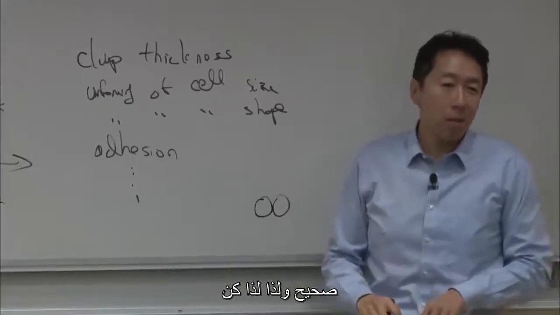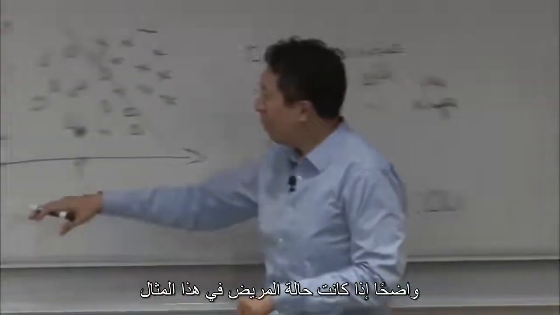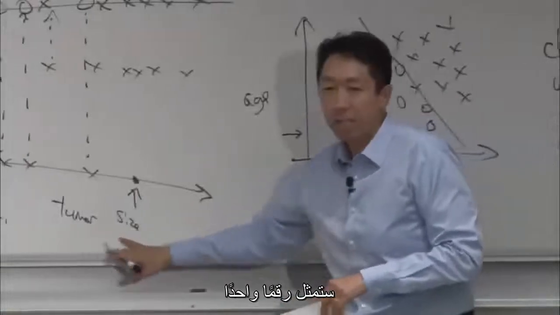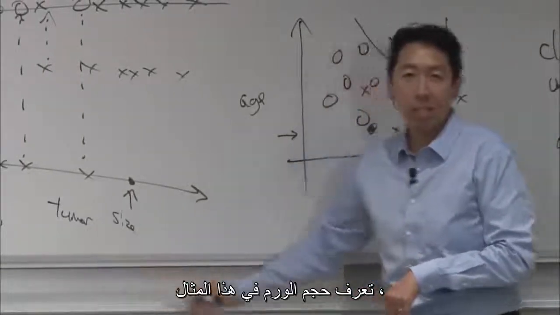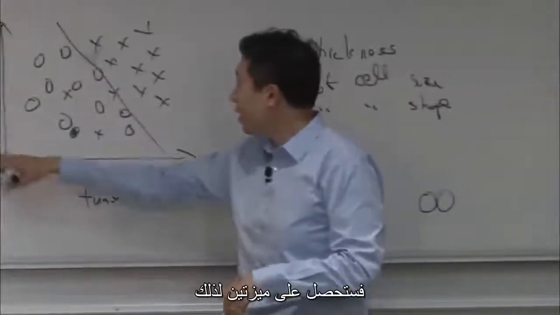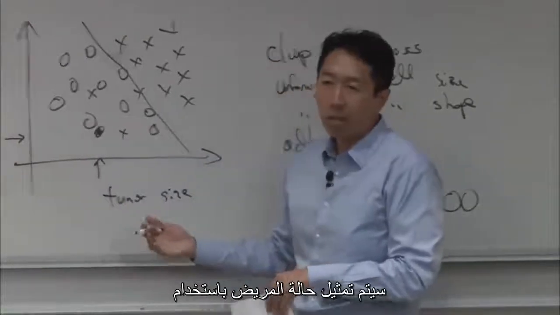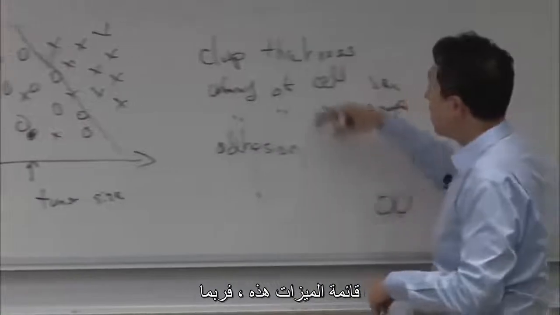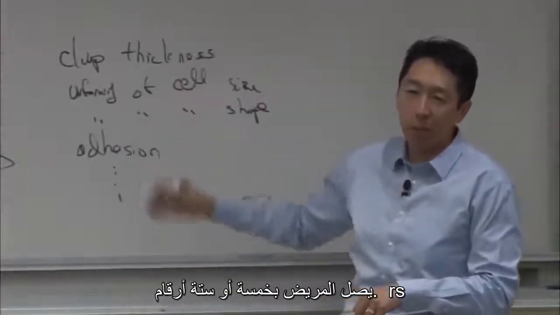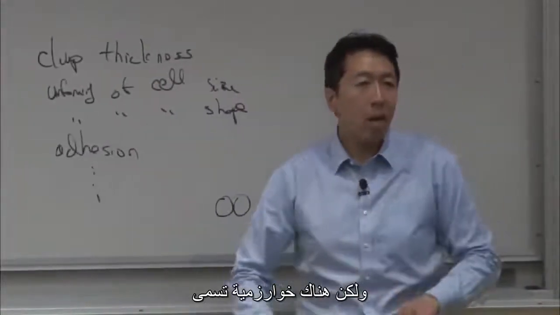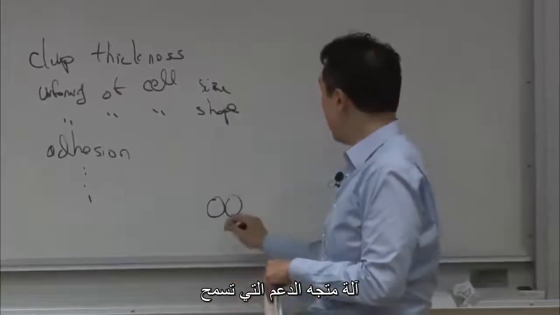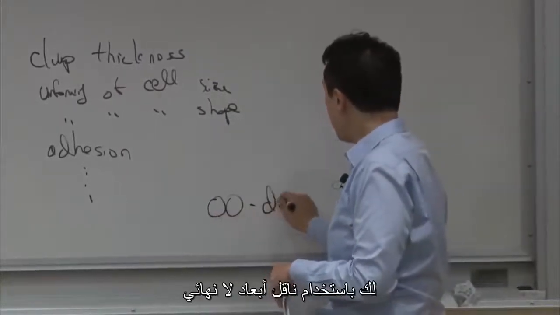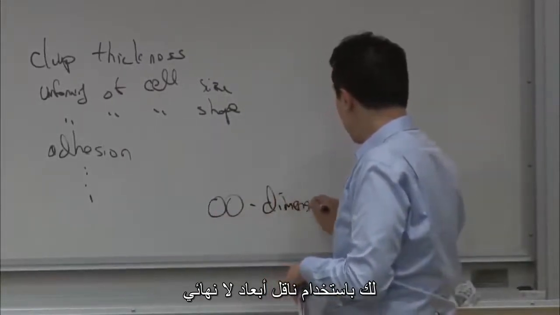Just to be clear, in this example, if the state of a patient is represented as one number, tumor size, that's one feature. In this example, you get two features. So the state of a patient will be represented using two numbers, the tumor size and the age. If you use this list of features, maybe a patient is represented with 5 or 6 numbers. But there's an algorithm called the support vector machine that allows you to use an infinite dimensional vector